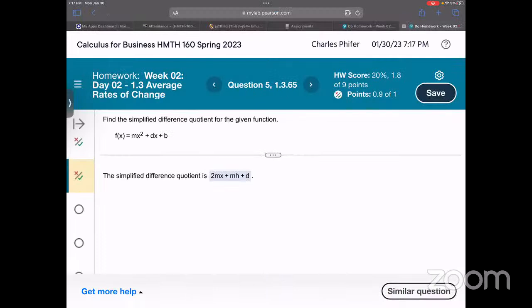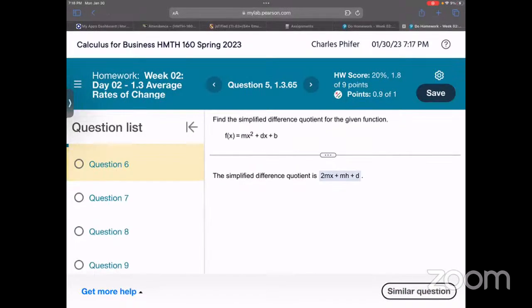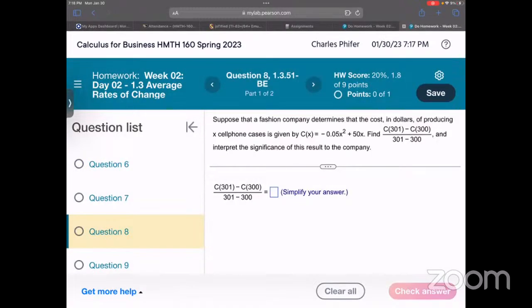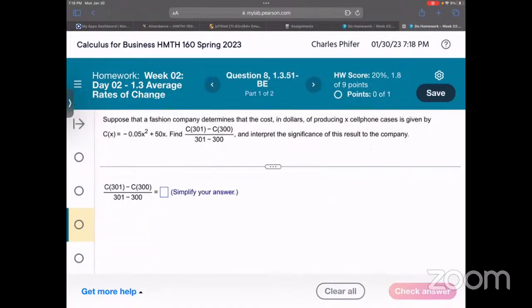You guys want to ask any questions? Going once, going twice. Professor, yes. For 1.3, there was one homework. I think it was question 8 that I was kind of confused on. Okay. So as you make your way through the homework, it is a good idea to click on the Ask My Instructor. What that does is send me a screenshot of your very question. And all I do is pull it up on my device, load it to my tablet, and make video responses, right? Because if I pull it up on my own, like I'm doing now, it's not going to have your numbers. But if you want it to have your numbers, you make use of the Ask My Instructor right here, and we can work on your specific question.